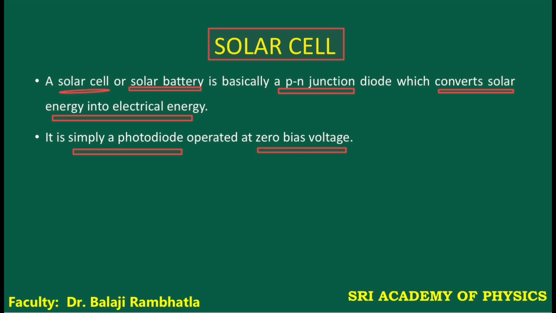So what does the circuit symbol of a solar cell look like? This is the positive terminal and this is the negative terminal, right? And this arrow represents sunlight. This is the symbol of the solar cell, with the positive terminal and the negative terminal. Now,